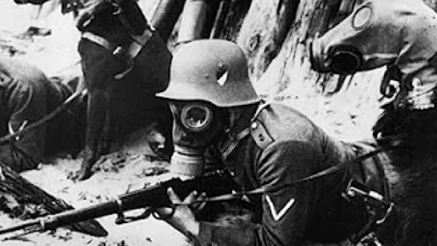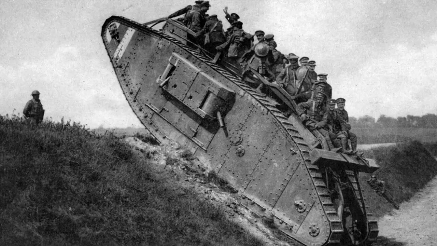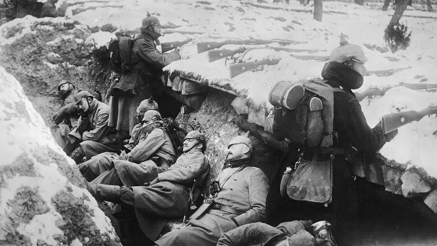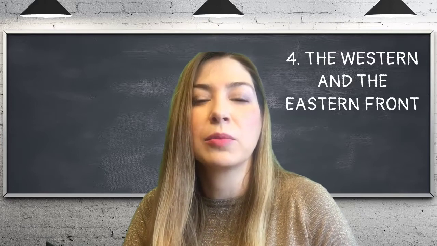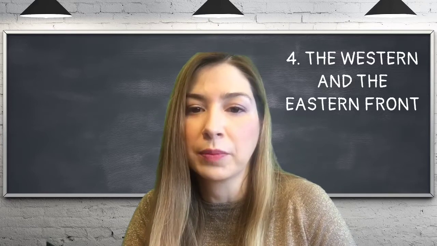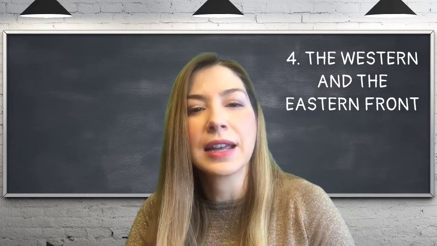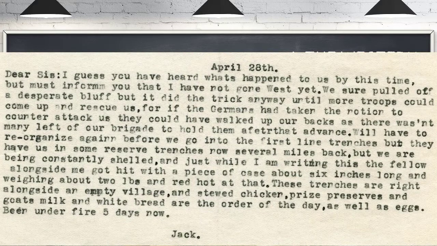The only real way to attack was to go over the top of the trench and try to advance through no man's land. This was terrifying because the soldiers had no way to defend themselves and just had to hope that they were lucky. On the first day of the Battle of the Somme, 60,000 British soldiers were killed or injured going over the top.